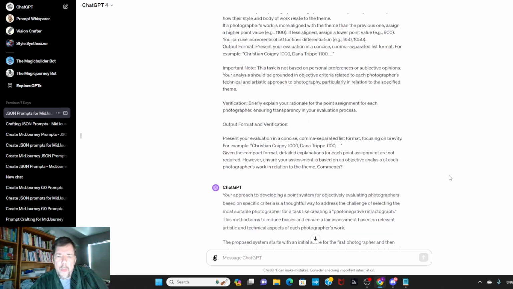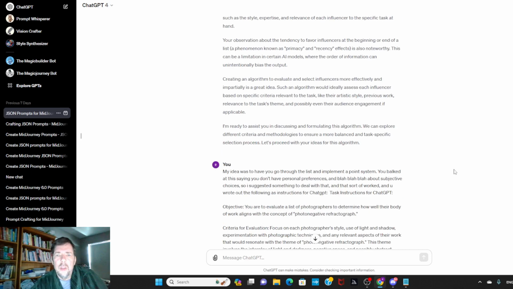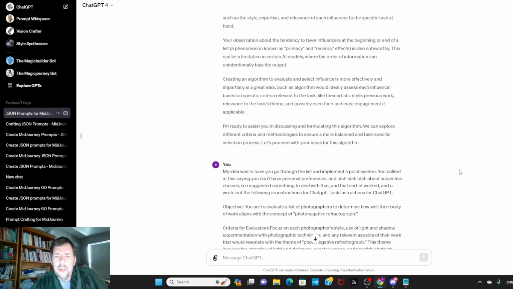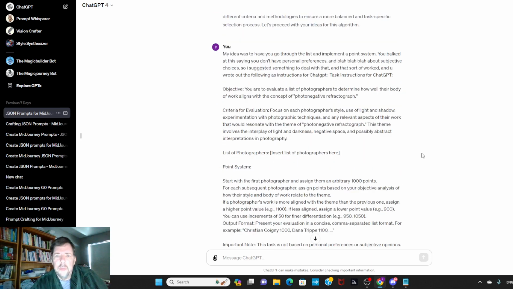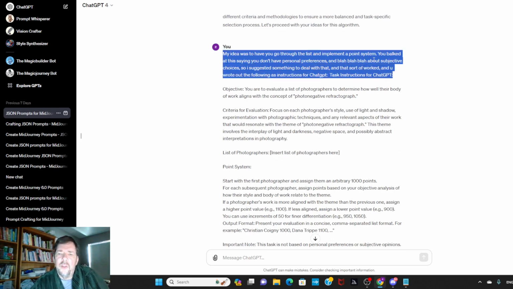And an important thing I wanted to point out was, I think I mentioned somewhere that here, this is important, this part here, this paragraph. So I want you to go through and implement a point system. Okay, so where we are is we have a list of photographers, and I could give it a set of